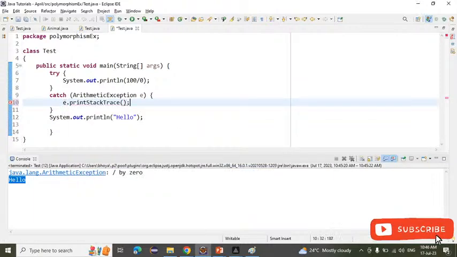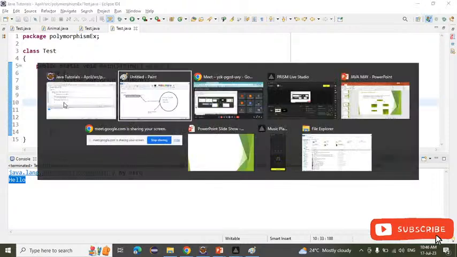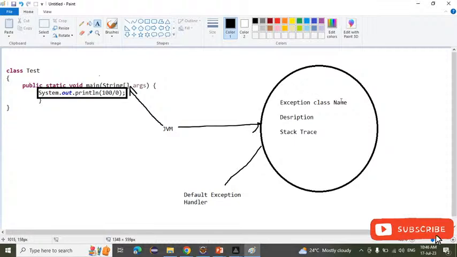If you write like that, this is the most useful way. We mostly use this way only, because it will print all the things which are present inside the object, that is the exception class name, description,